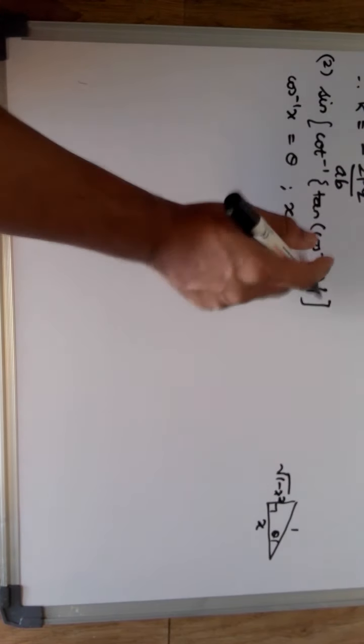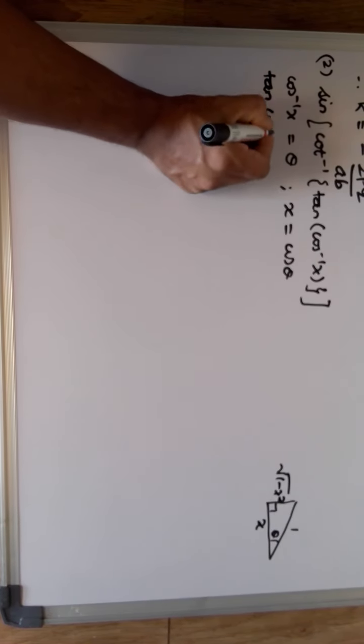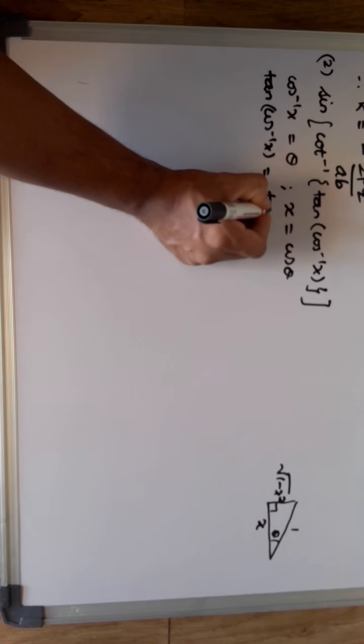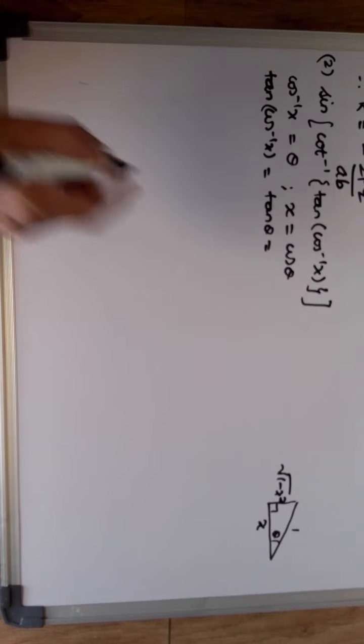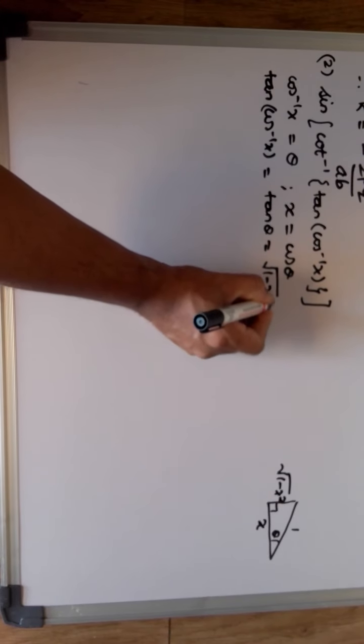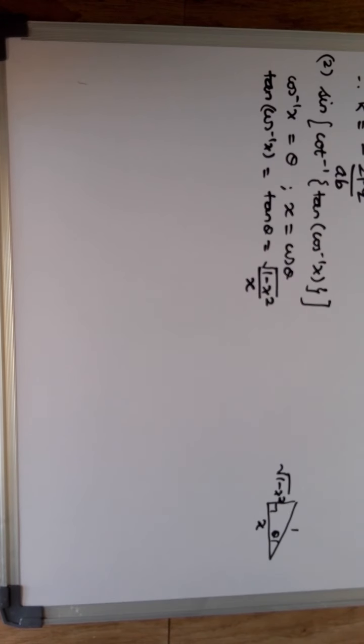So here you get now, therefore tan of cos inverse x will become actually tan theta, and tan theta is opposite is to adjacent. I made a mistake in saying it earlier; it is opposite is to adjacent, that is under root 1 minus x square is to x. This becomes your tan theta value. That means this is the complete value of tan of cos inverse x. Agreed? So now what I am doing is this tan of cos inverse x which is there, that is under root 1 minus x square by x.